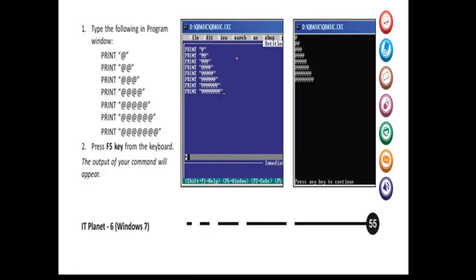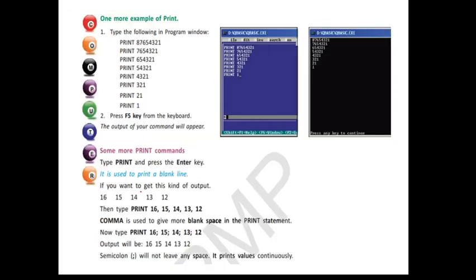Now see, in order to display a pattern like in this way, we will print here @ once, twice in this way. Why are we putting quotation here? Because this is a character and any character will be enclosed in double quotes because it is a string. But for a number, we have not put any quotation because it is a number, not a string.